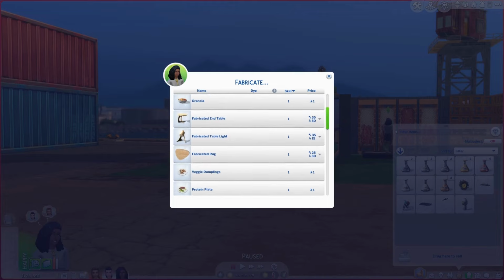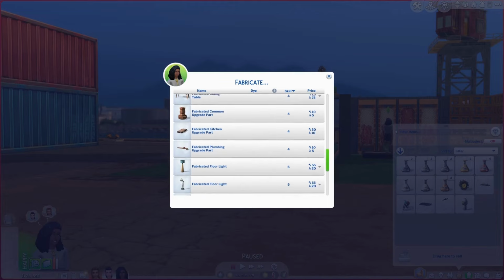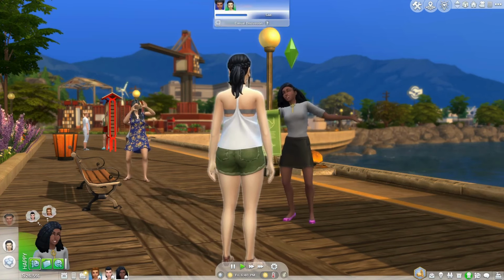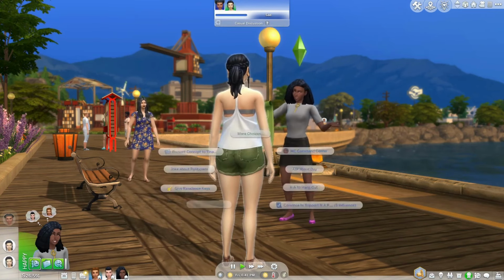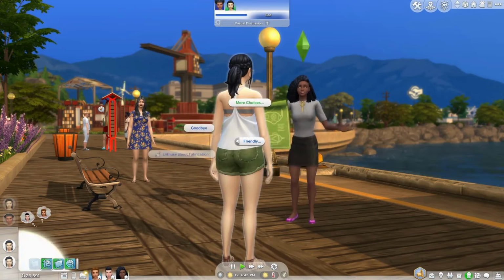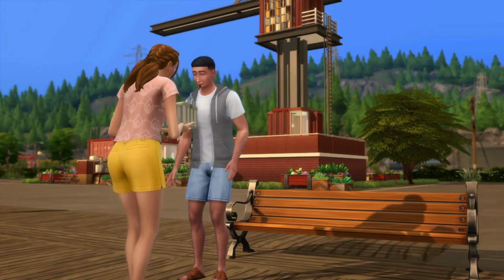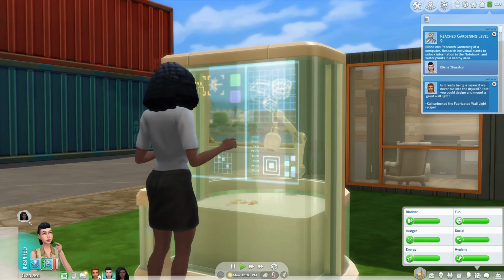You can unlock it by leveling up the fabrication skill, however some items need to be unlocked in other ways that encourage your Sim to go out and socialise for once. If you enthuse about fabrication to other Sims, then they'll unlock recipes for you that a lot of people don't even know that you can fabricate, like a voodoo doll. And then your new friends might randomly drop by with something they've made for you, unlocking more items, and even